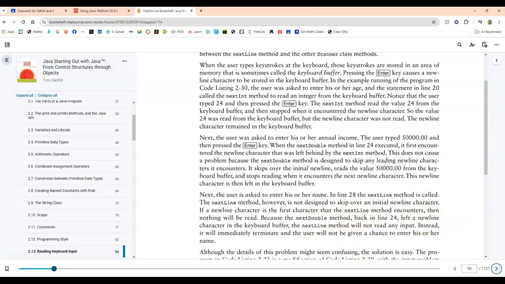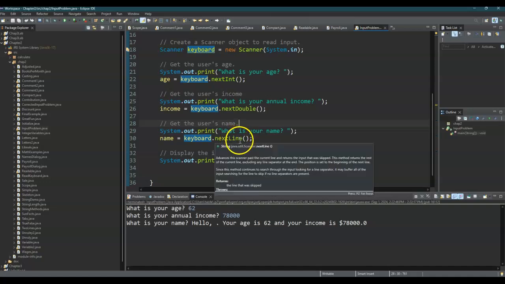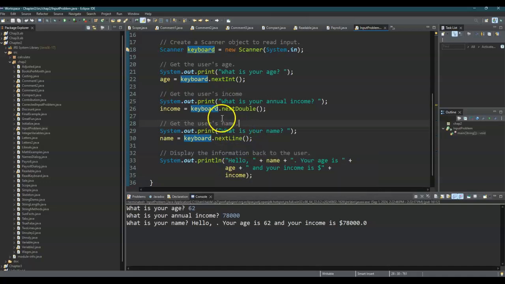So when it executed this line of code, line 30, up here I typed an income and hit the enter key. What's sitting in the keyboard buffer right now but the new line character? So right here, name got, when it says nextLine, it grabbed the new line. So it looked in the keyboard buffer and it saw something there, which is the new line character, and it put that into name. So then when it says hello name, it didn't allow us to type anything in. So how do we handle that? Well,